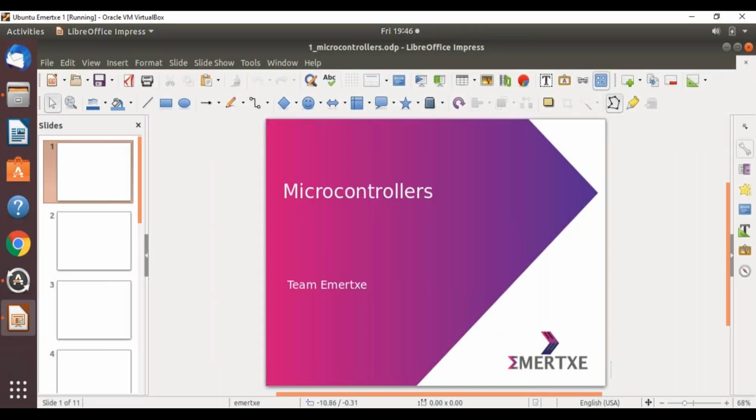So let us move to the next chapter of the module, which is nothing but introduction to the microcontrollers. So the module itself, we have named it as microcontroller. So we are starting with the next chapter of the module, which is nothing but introduction to the microcontroller. Okay. So to start with,